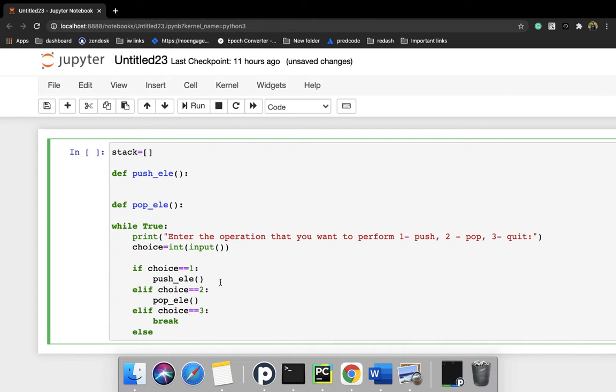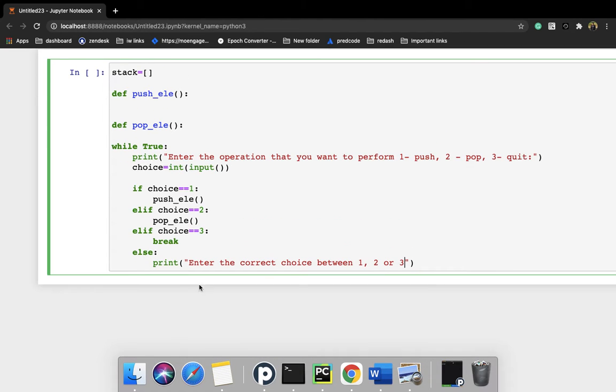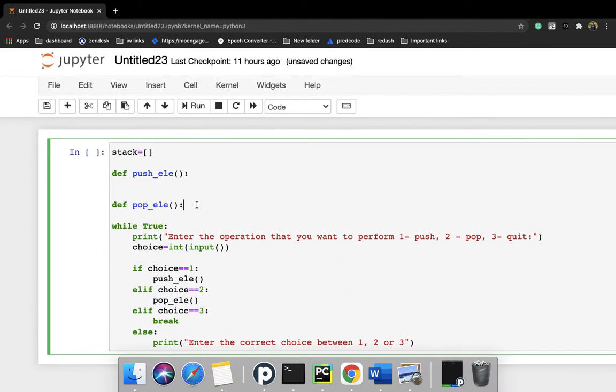Else, if someone enters 4, 5, 6, anything, I will print here: enter the correct choice between 1, 2 or 3. So this will be our skeleton of the program. Let me write the logic for this function and this function. So what I will do is, once someone enters 1,